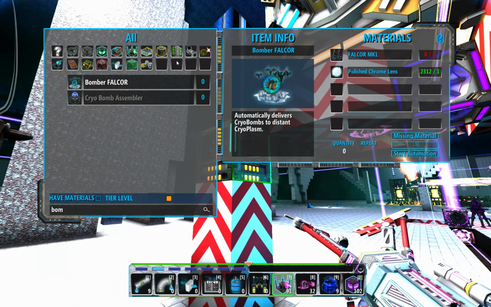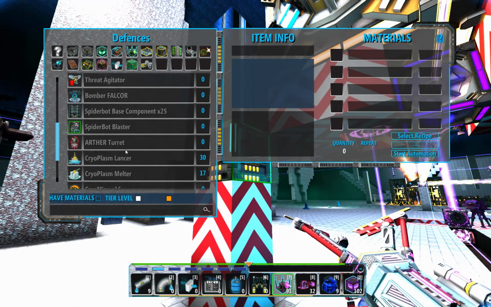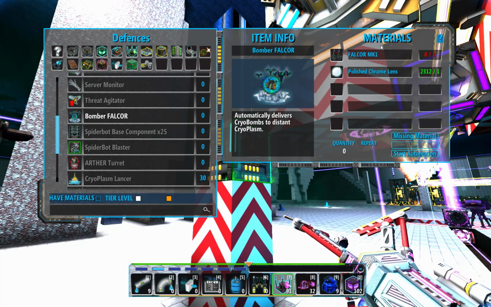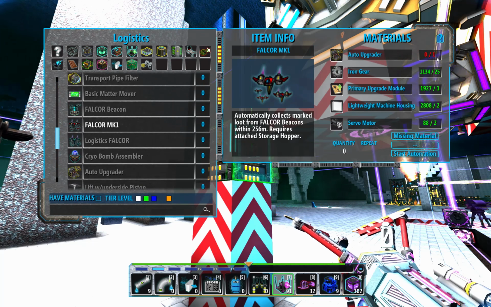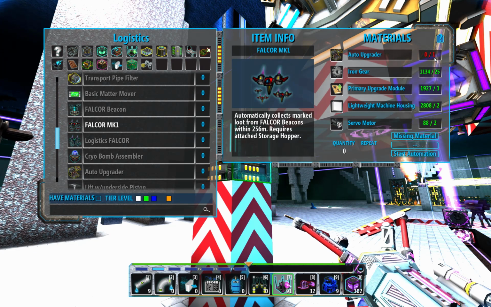Bomber Falcor. Is that in defenses? It is. So, these things are a royal pain to craft because they require Falcors. And Falcors are themselves a royal pain to craft. So... let's craft...